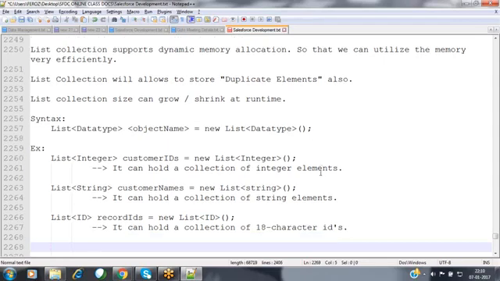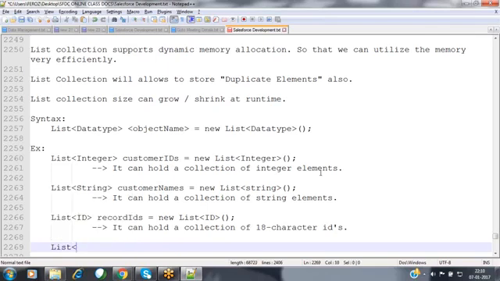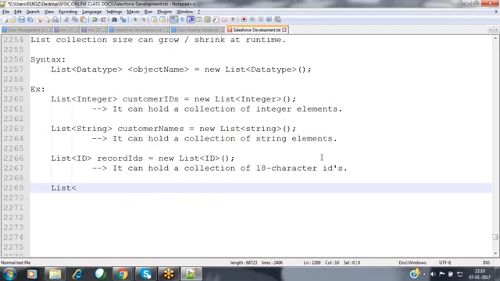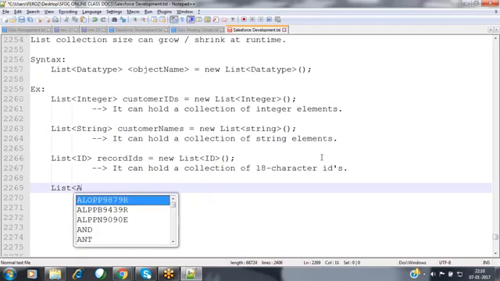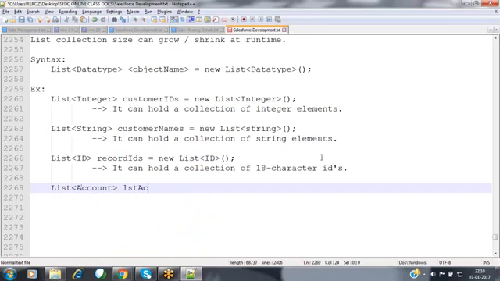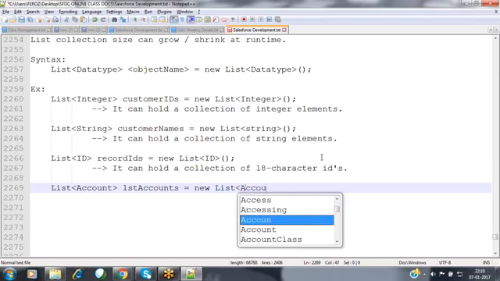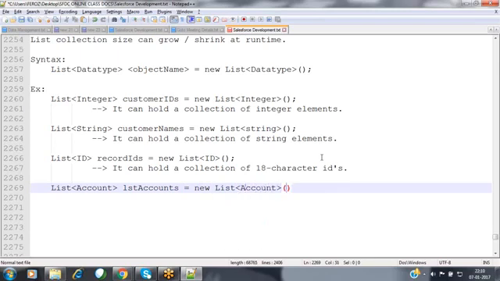Now, after that, if you want to store some elements of type S object types here, at that time we can specify that information like list of account. I'm giving some object name here, lstAccounts equals new list of account. Now what can this collection store?